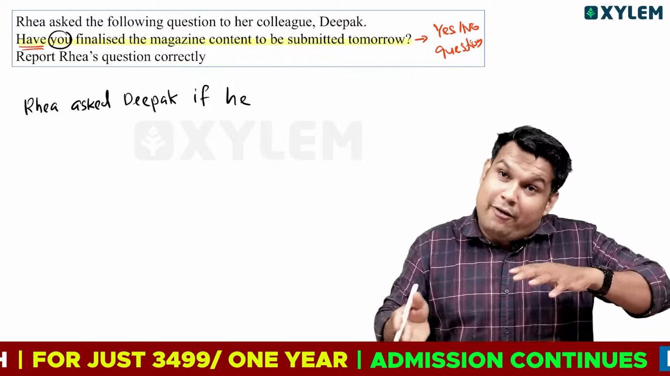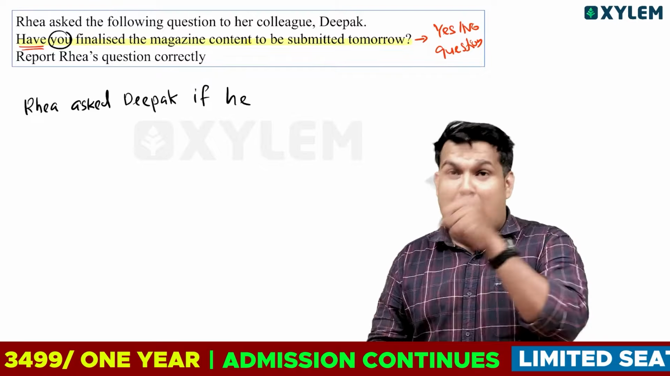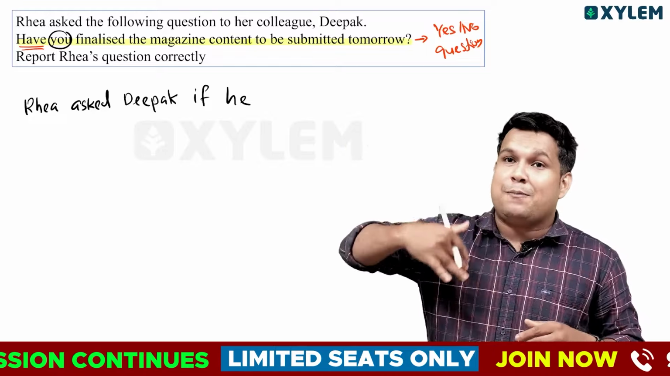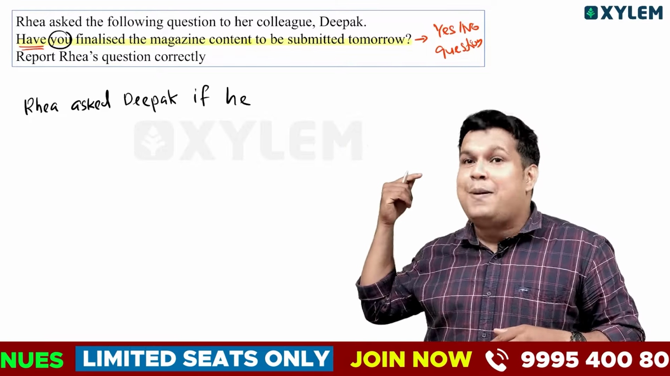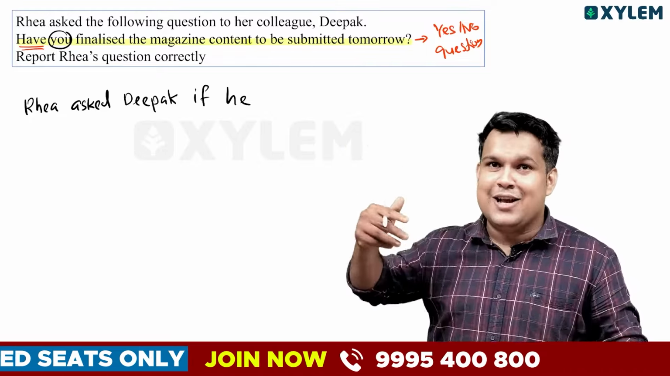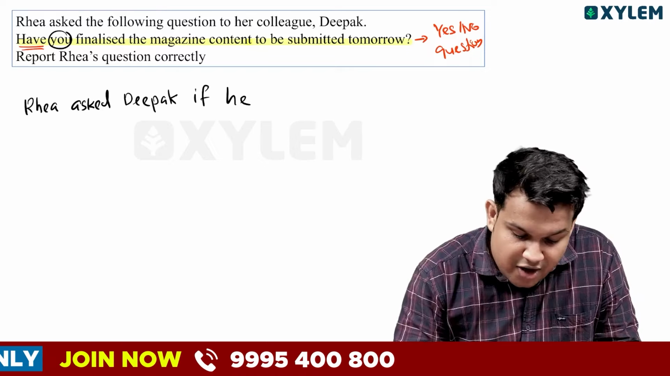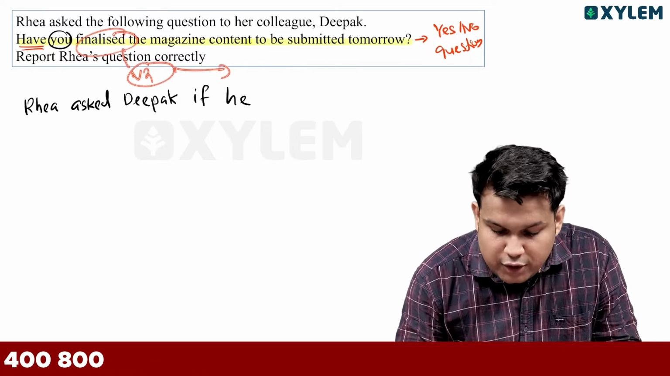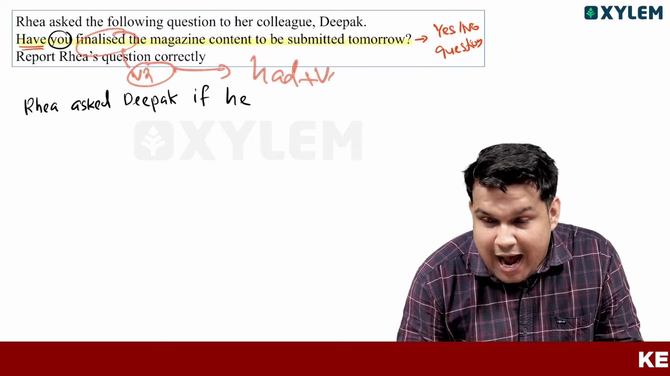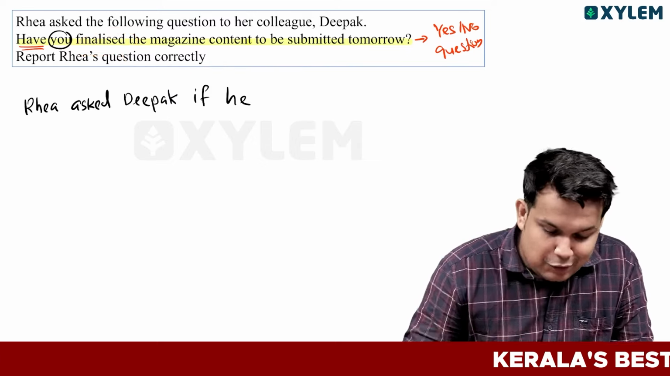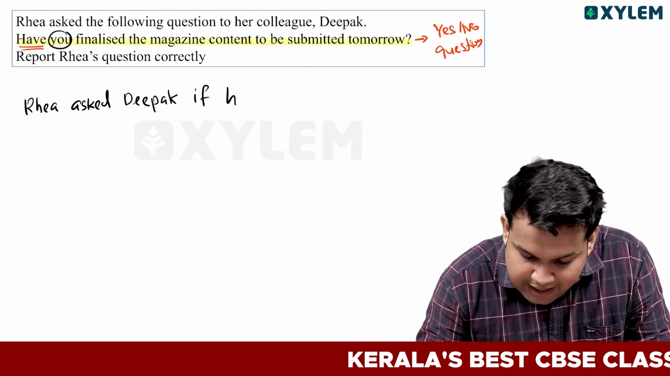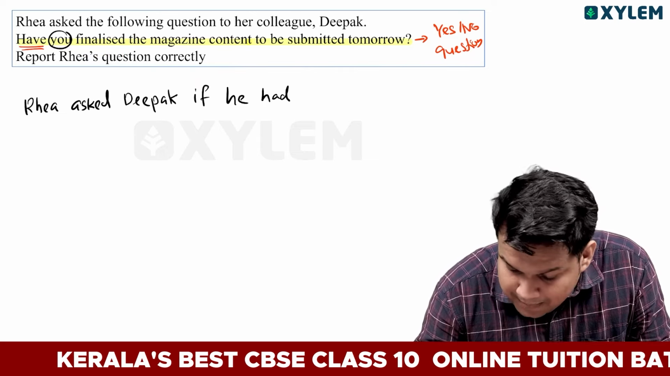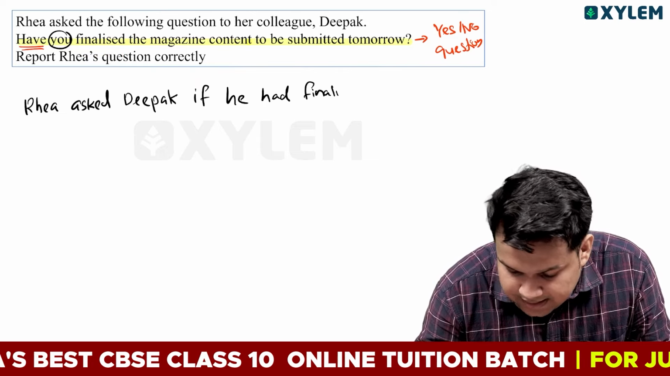If there is an auxiliary verb, we will convert the auxiliary verb. Since there is no auxiliary verb and only a main verb, we are supposed to convert that into past tense, or backshift the tense. So here the verb is finalized, which is the V2 form of the verb. If it is V2, it will be converted to had plus V3. Simple as that. So the answer will be if he finalized will become had finalized